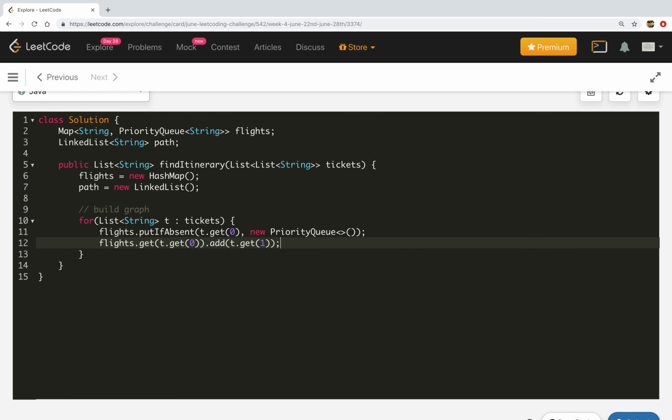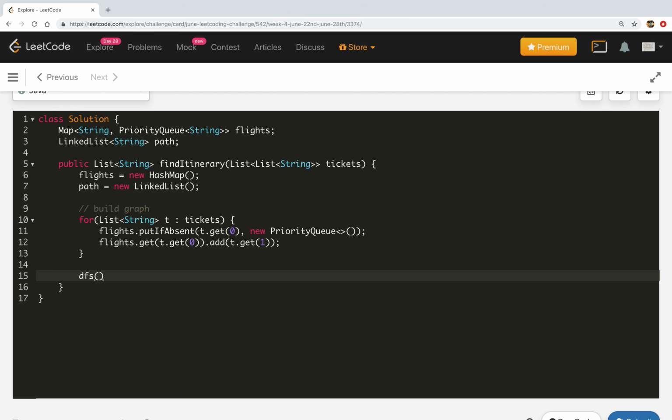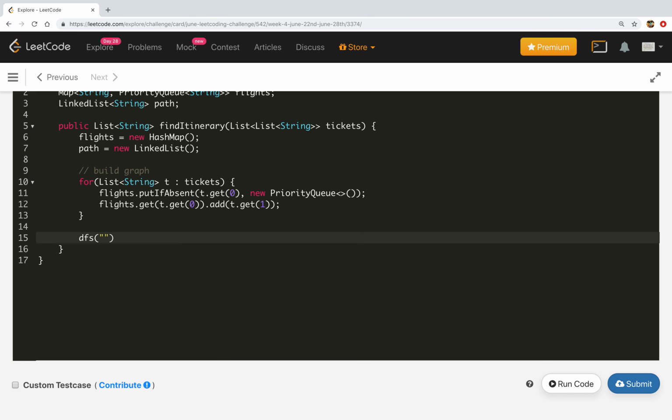So this is how we build the graph, and then we will call the internal method DFS starting from JFK, and in the end we will return the path.